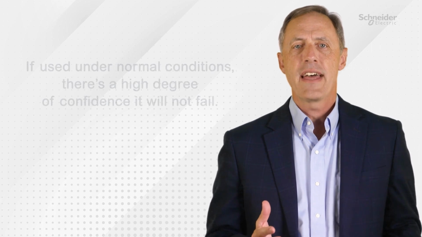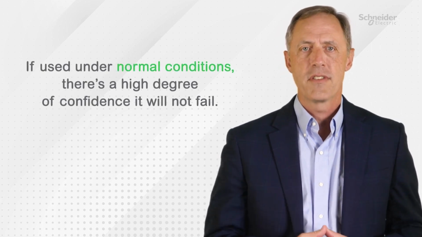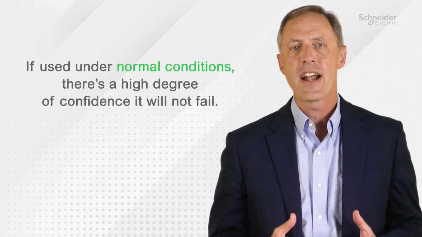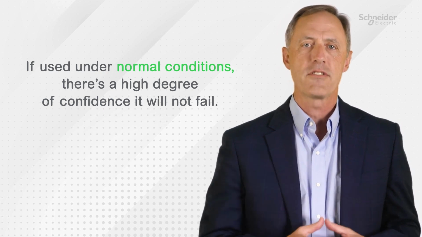Of course not. What it really means is that if used under normal conditions, there is a high degree of confidence that the tire will not fail before it reaches 60,000 miles. That's not to say that random failures won't occur, but if you continue to use the tire beyond 60,000 miles, it may be okay. It's just up to you to verify that the tire is still useful by periodically giving it a visual inspection to verify that adequate tread still exists.